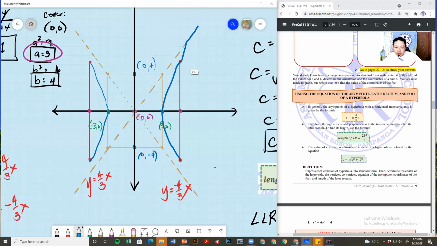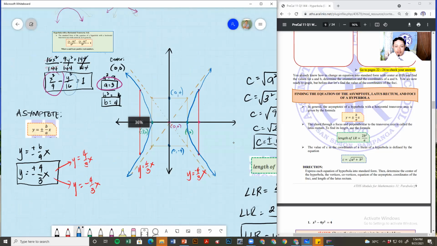It's wrong. That's wrong. So what does the asymptote do? It prevents you from passing through that line. So therefore, it may go near, but it should never touch the asymptote. Okay, there. And then you put an arrow there. Similarly here, it may go near, but it should never touch. It may approach it, but never touch. And that is the illustration of our